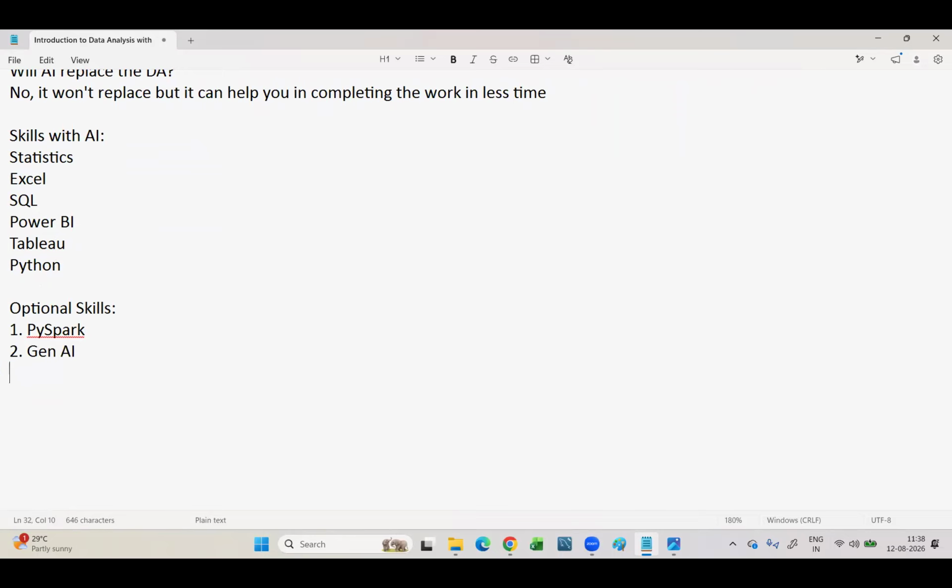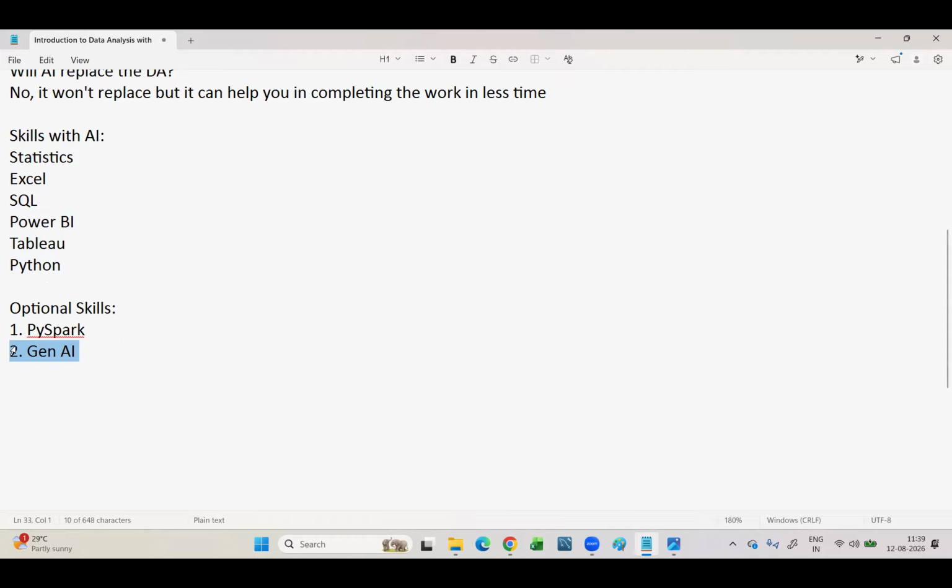We do have Generative AI. Now the question in your mind will be, why have you kept this Gen AI separately? Why can't we keep it in this particular skills course only? So try to understand. This Gen AI is not some AI tool to perform analysis. We already covered AI tools and how to use them to perform your tasks easily. So what does Gen AI mean? We are going to create a system like ChatGPT or Claude that can provide answers for you, not using some existing tools.